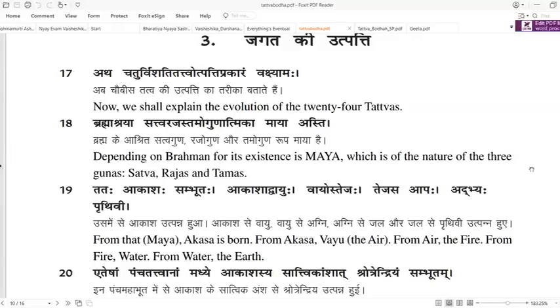Right. Now, all of these 24 elements we'll go into one by one, but just how does the process work here? First there is what we call the Bhuta Srishti, right? The five elements are created, at the subtle level. The elements are not seen. The five elements that are initially born are not the visible five elements that we see in the universe, right? They are the Sukshma Bhutani, we say.